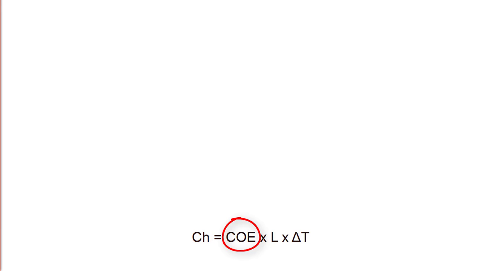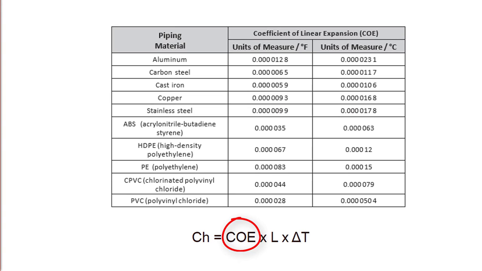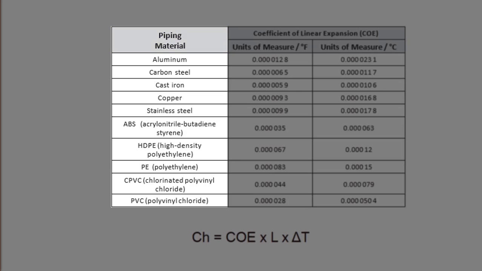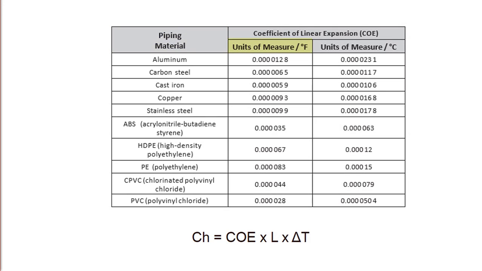COE stands for coefficient of expansion. You are given a table in your reading material. Let's have a look at it. You can see on this table we have three columns. The first one is to select the type of material that we are using, as each material expands at a different amount. You will then select either the second or third columns depending on whether you are working with imperial